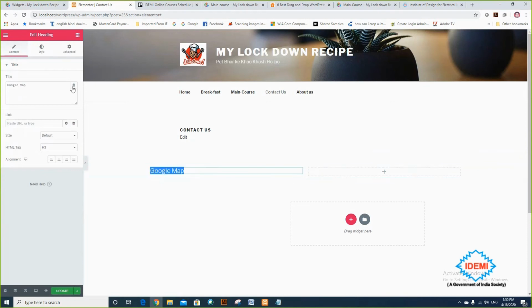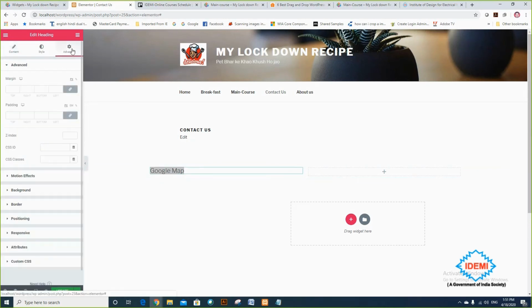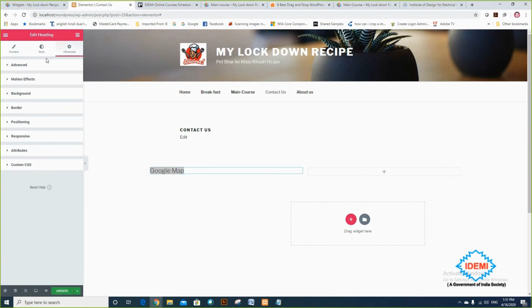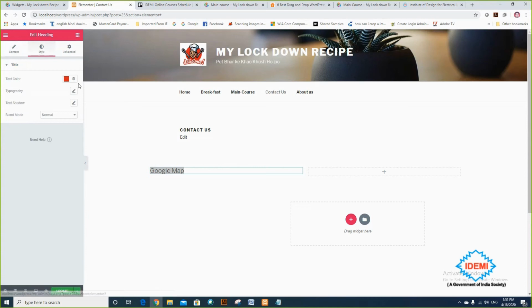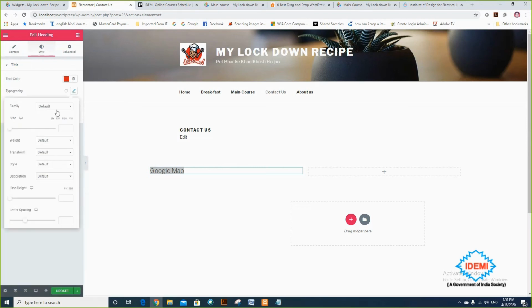And I want some more options. So there is a weight, okay, and that weight you can use in the advanced option where you can put a style and click on typography where you can choose the font also. Okay, so there is a font, Arial and all other stuff. And if you want to make it bold, you just put 900 weight, so it will give a bold effect here.